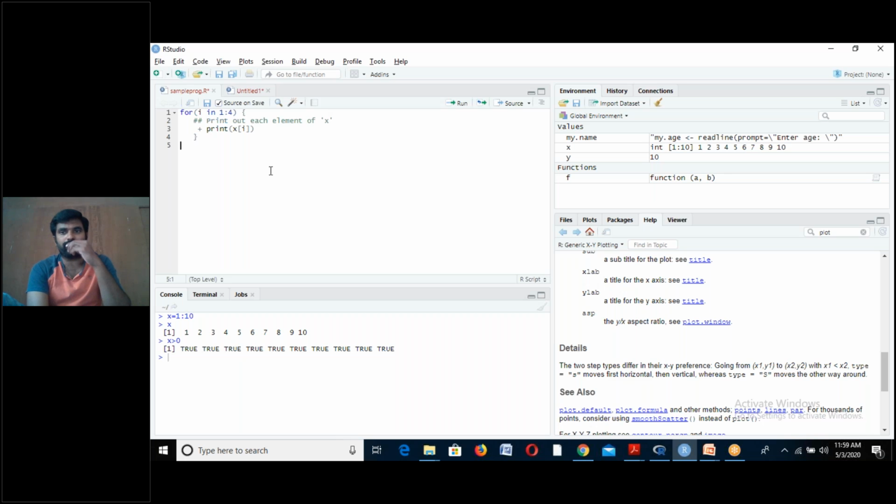So definitely it throws an error. Why? Because x is not defined. So now tell me, what do you want me to write? What do you mean by defining x inside the for loop?